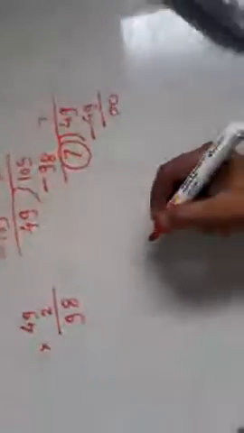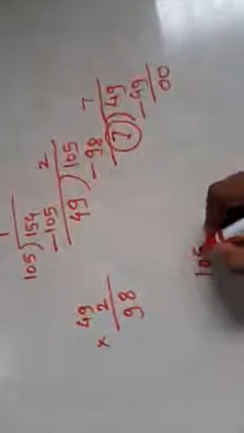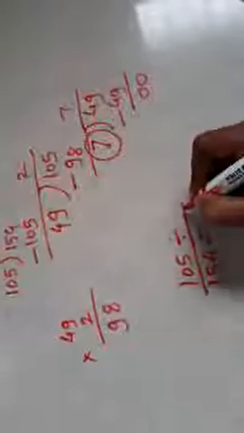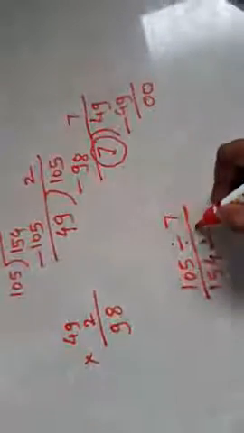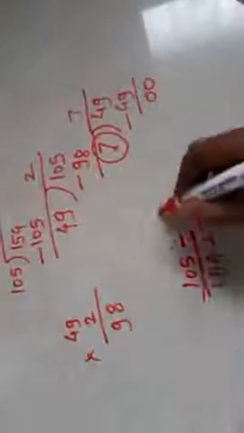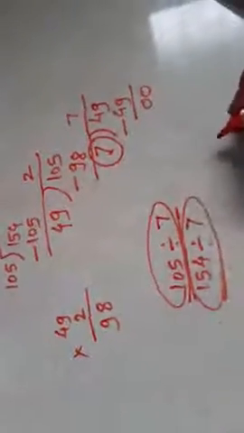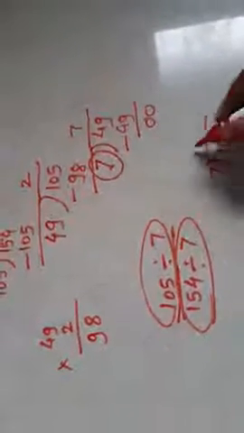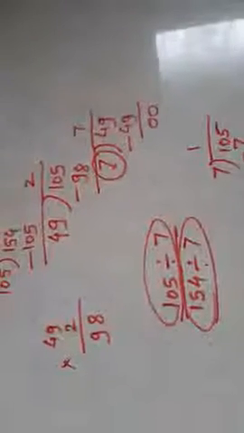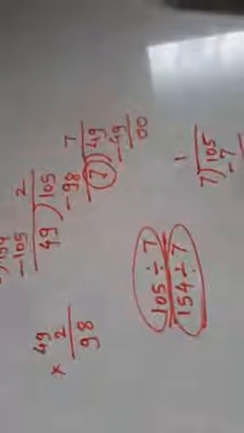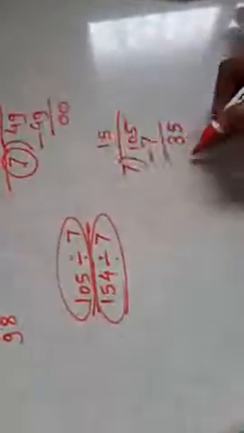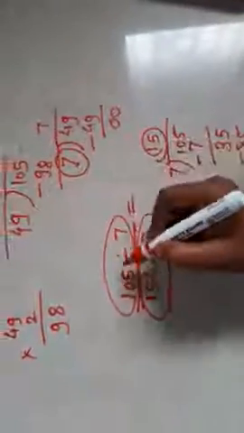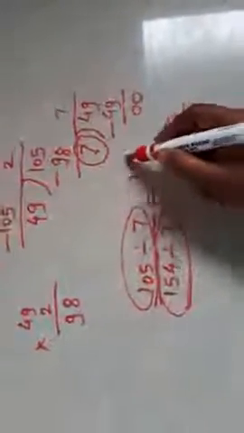Now how to reduce to simplest form? 105 divided by 154. This ratio we will divide by 7, numerator and denominator. So carry out this operation and this. So first 105 divided by 7. It will be 7 ones are 7, 10 minus 7 is 3, 5 as it is. So 7 5s are 35. So the quotient is 15. So the answer for this is 15.